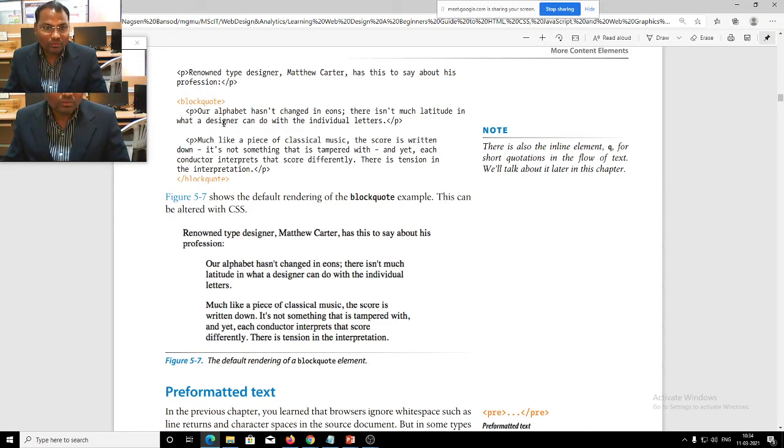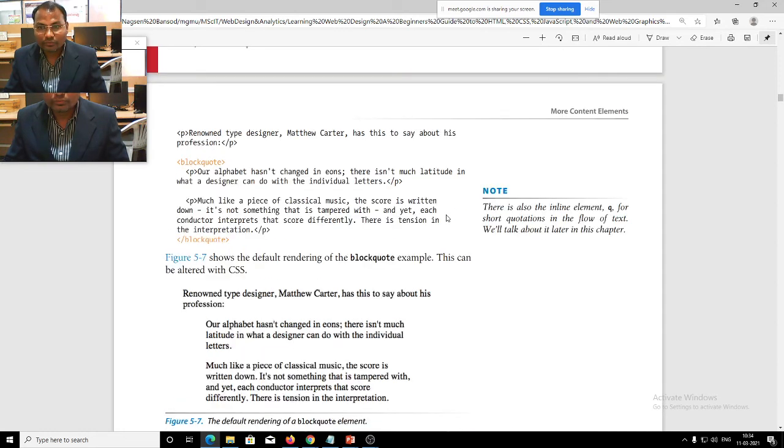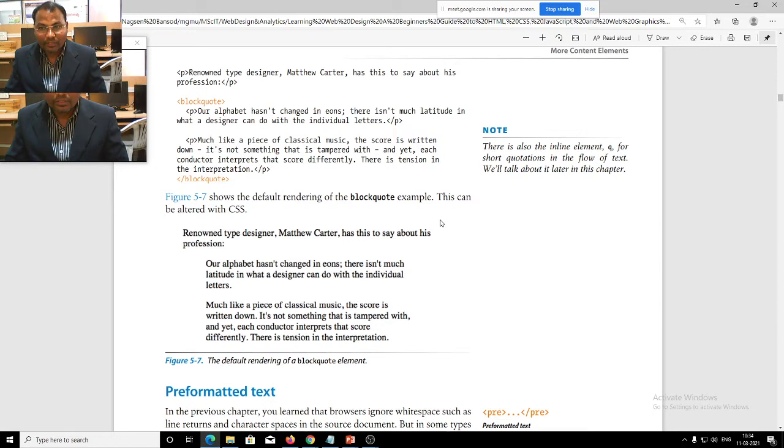Blockquote is the tag element which is used for getting the rendering of all the output. There is also the inline element Q for short quotations in the flow of text. We will talk about it later in this chapter.